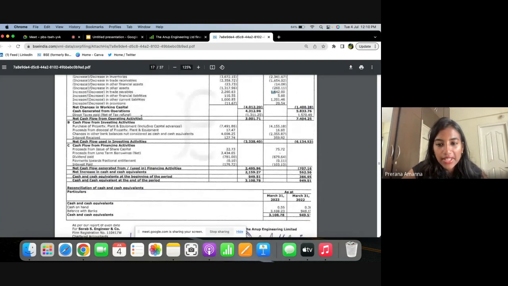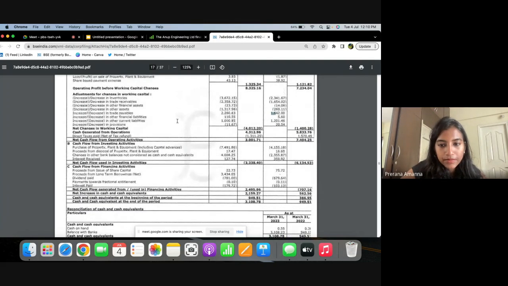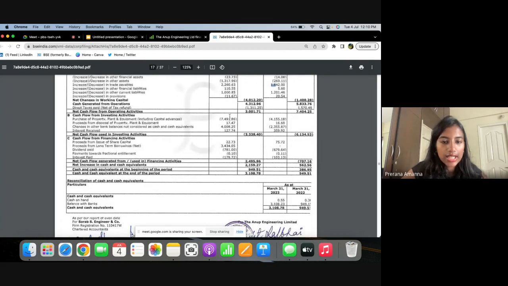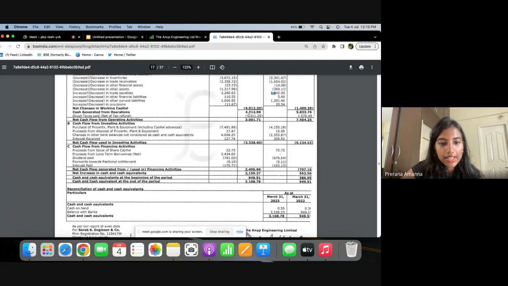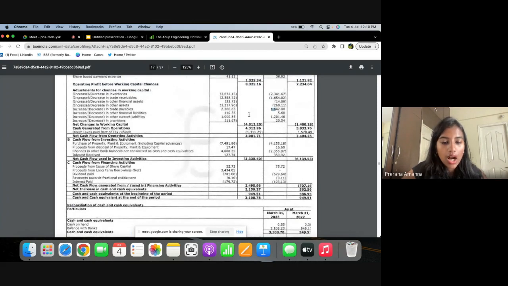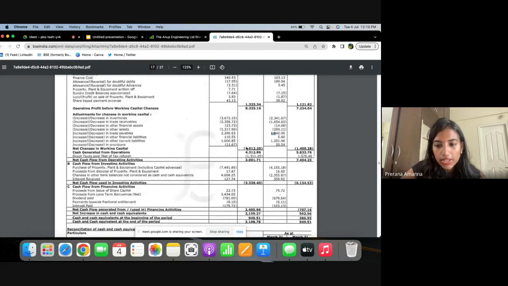After all of this, you can see that cash flow from investing activity, cash flow from operating, आपका working capital का changes, maybe it is positive, right? Like it has become positive. The next thing I would like to highlight here is,